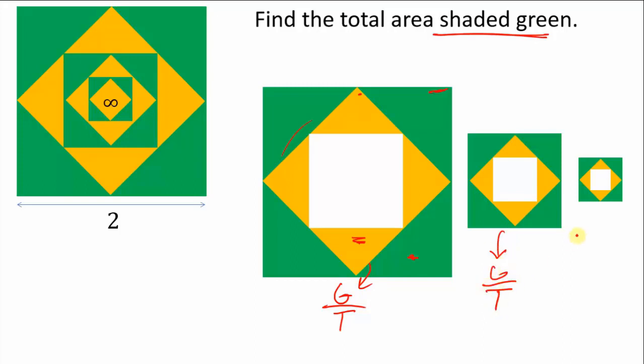Green is to total, and the same will be for this figure as well. Okay, all these ratios are equal: green area to total area, and the same ratio will hold true for this figure as well. Green area to total area, as all these figures are similar, right? The green area upon total area will remain the same for all these figures.